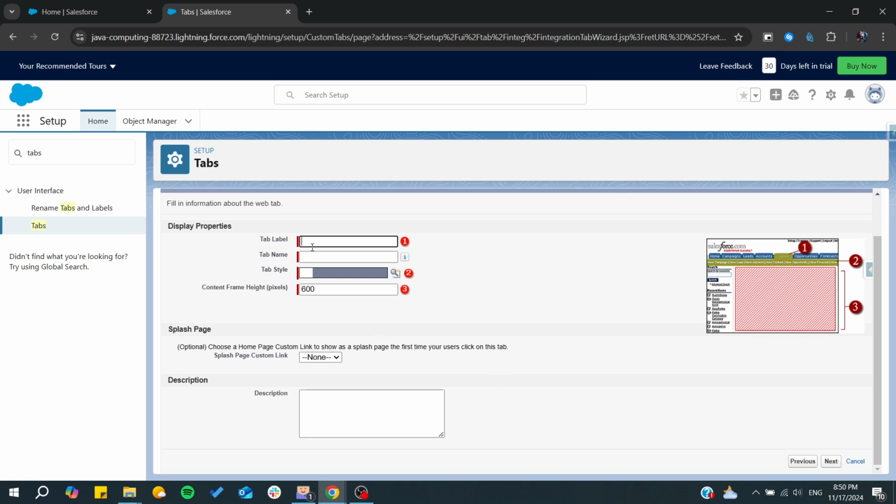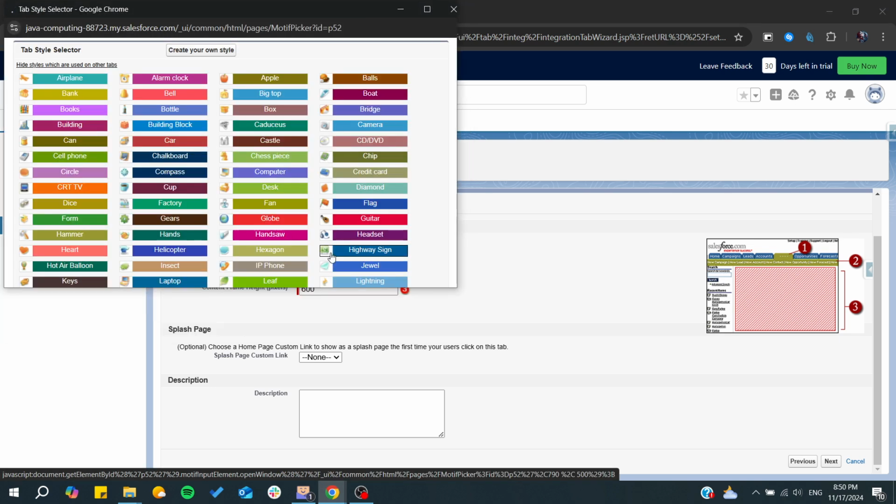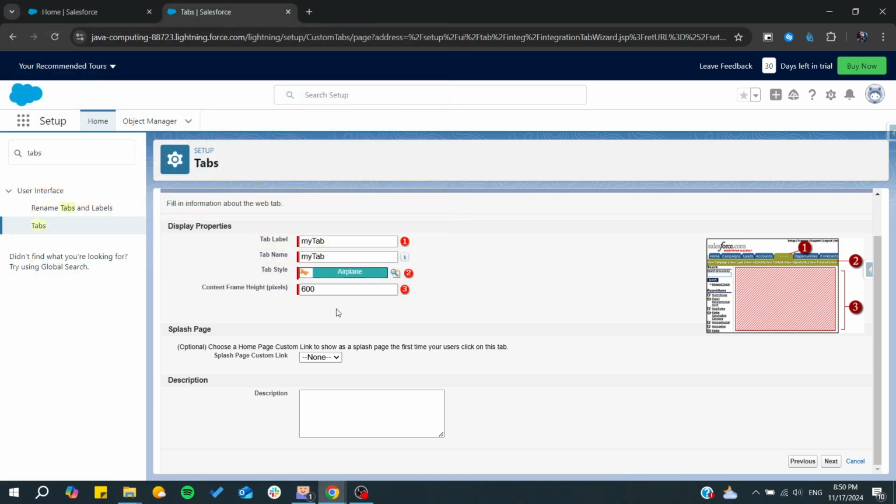So here you can display the properties for your tab. You can name it my tab, for example. I'm just going to give it that name, and here you will have the tab name and a tab style that you can choose from. So I'm just going to choose this style as an example, and this is only the head of your frame. So here we can just click on next,